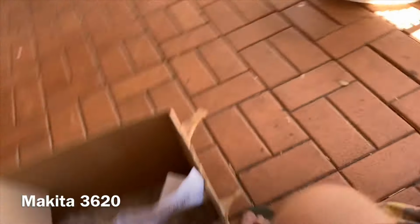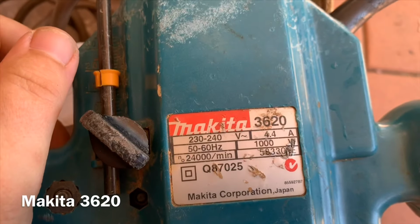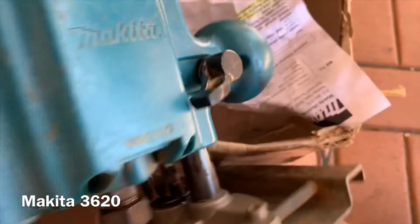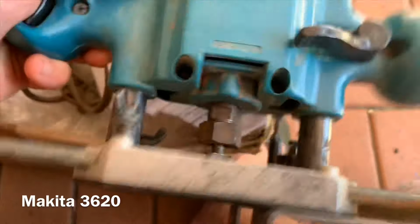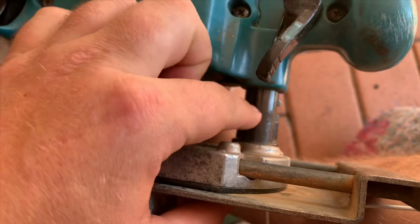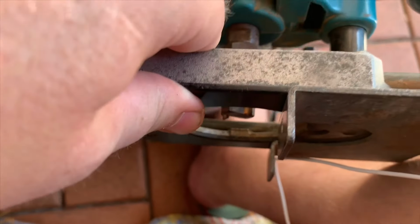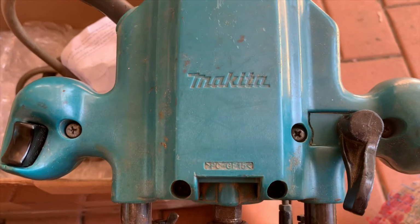I finally got my router back. This particular router is a Makita 3620. It's a plunge router, and so basically this tool helps you to do rebates and things like that. This is a plunge plate. It goes up and down, or it's supposed to, and you can set the depth on this blade for cutting different things. I bought this tool